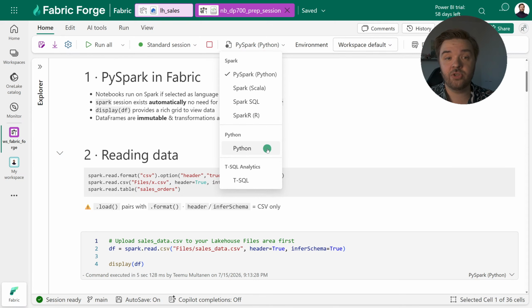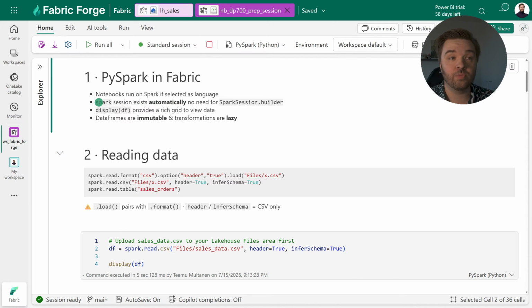Then if we choose Python, it will be running on a different engine, a bit lighter notebooks that you can use for, well, even for data processes, but I think everything like API calls or whatever kind of maintenance tasks would be nice there. And also there's the T-SQL that runs on the Polaris engine, but we won't be going too deep into those. And whenever you have started your session here, it also creates a Spark session for you. So when you do this outside of Fabric, for example, you need to build those sessions yourself, but here everything's